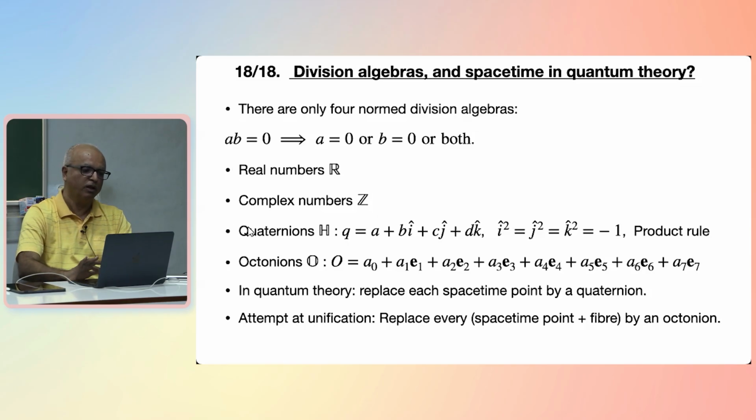It's a very interesting theorem in number theory that there are only 4 kinds of division algebras allowed in nature. 2 we are very familiar with: real numbers, complex numbers, then quaternions and octonions. Every time we go down, the dimension doubles. Real numbers are 1 dimensional, complex numbers are 2 dimensional, quaternions are 4 dimensional. First discovered by Hamilton, as you know, in 1800 something,